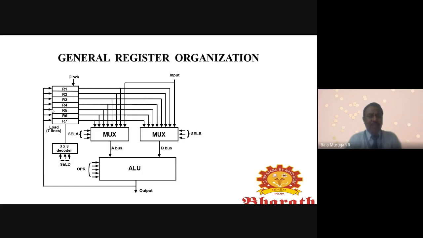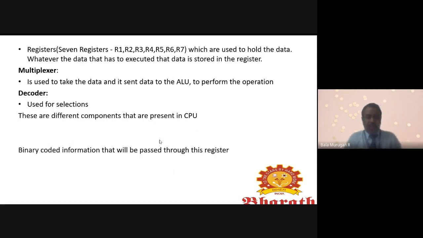These registers can hold the data, and here we have a multiplexer. Whatever data has to be executed is stored in the 7 registers.